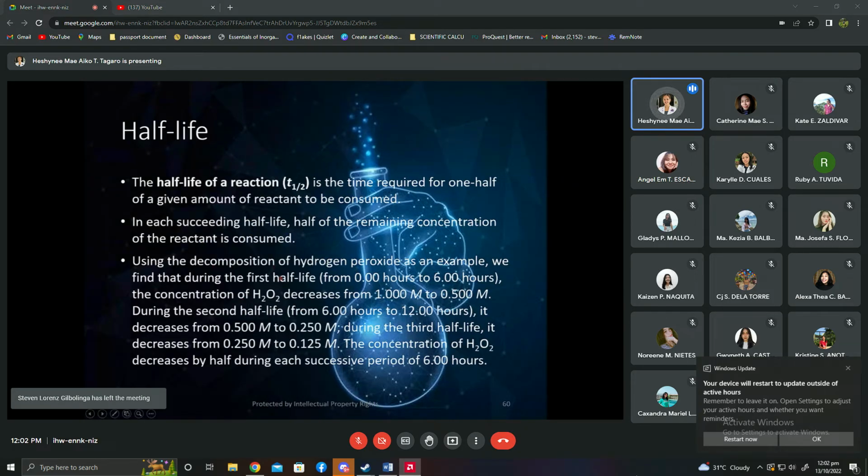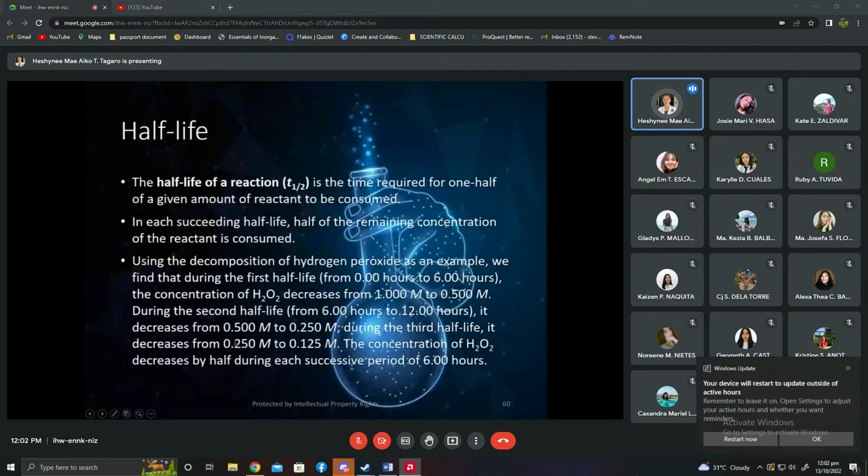In the first half-life, from 0 hours to 6 hours, the concentration of H2O2 decreases from 1.000 molar to 0.500 molar. Next, in the second half-life, from 6 hours to 12 hours,